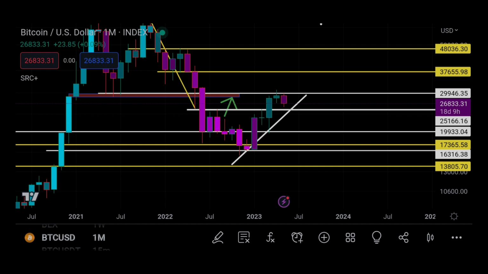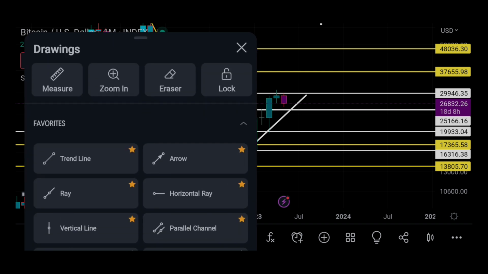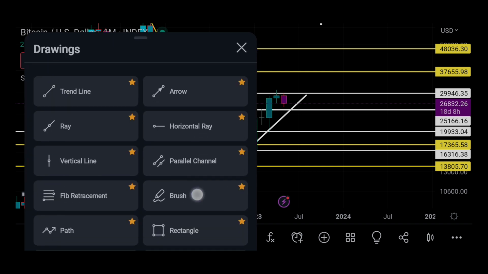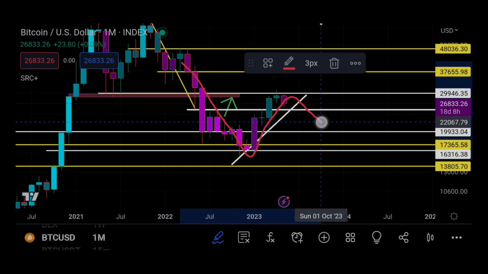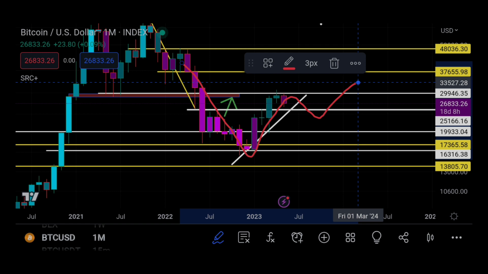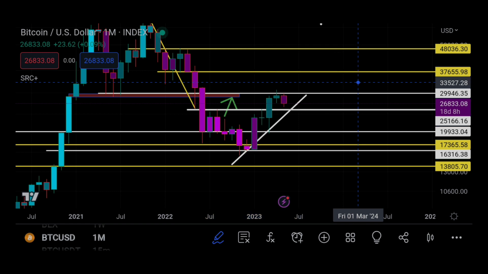So you can see we have our patterns, and our pattern looks very good. We're forming the first V shape here. So let me just show you this. We're forming our first V shape here, which means we could come back here and start pushing up. If we did this, then guys, this is a super bullish move. That's all I can tell you. So that's how I'm seeing this on a higher time frame.